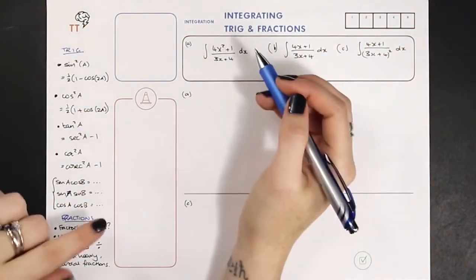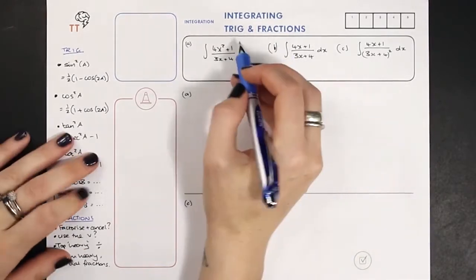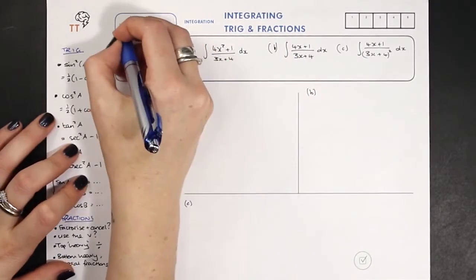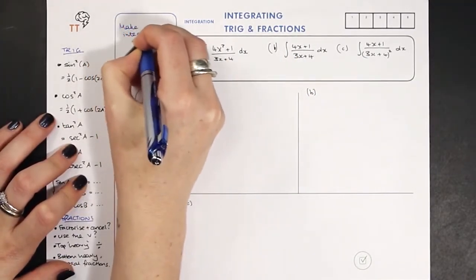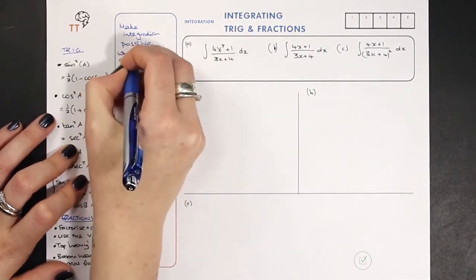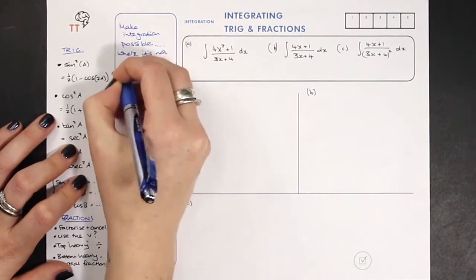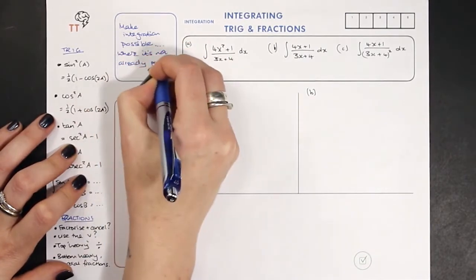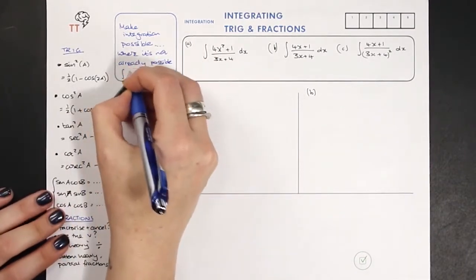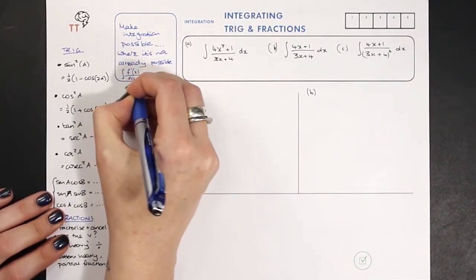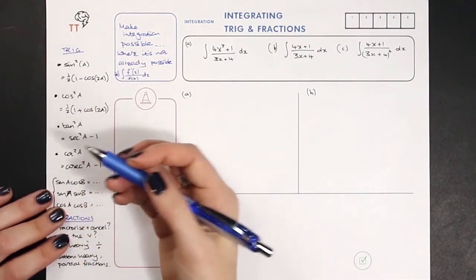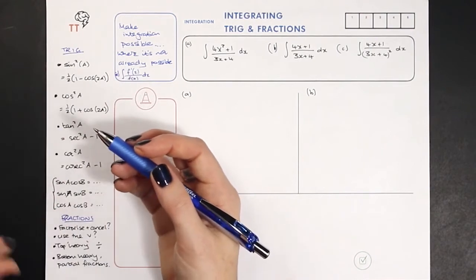The reason we would be using these techniques is because we're trying to integrate some trig function or a fraction, and so we're trying to make integration possible, but we're only trying to do this, and this is important, if it's not already possible. So for example, don't forget fractions might be the derivative on the top, and you know how to do that. That's just ln of the bottom. Or you might have something that you could do a little bit of trig on and it turns into something